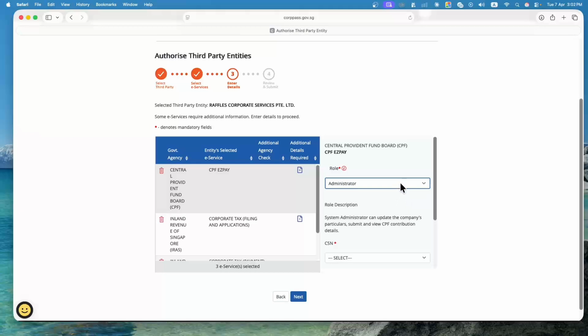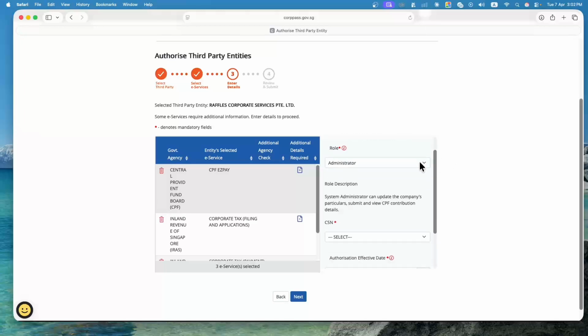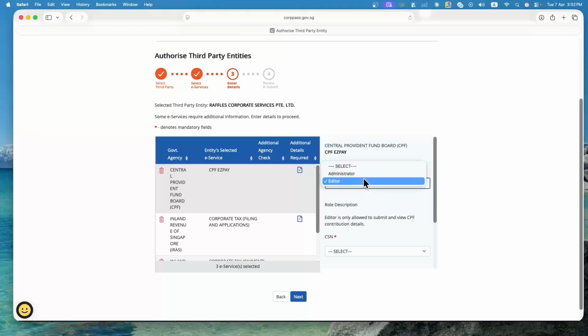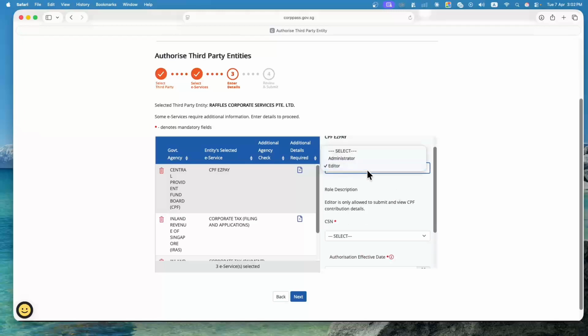So in this case, as third party, I think we'll just go with administrator just to give us all the rights first, just in case the client requires us to update the company's particulars. But do not worry, if you prefer us to have the editor, then just let us know. At the end of the day, submitting and viewing will be good enough, unless you require us to change company particulars because you don't have time to log in and all that. So in this case, we will just select administrator